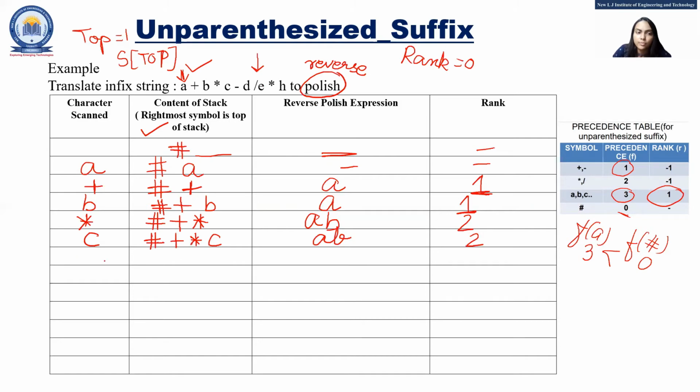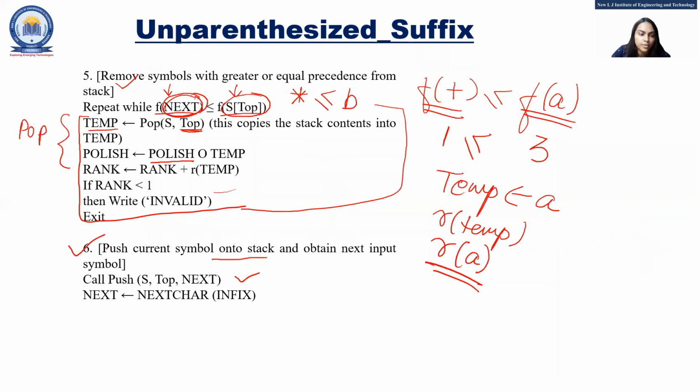Now the next symbol is minus. Now students, if the topmost symbol in the stack has higher precedence, we have to pop it, right? So hash plus, now see students, C has higher precedence, so it is popped. Star has higher precedence than minus, that is also popped. What about plus? Now students, if you see over here,